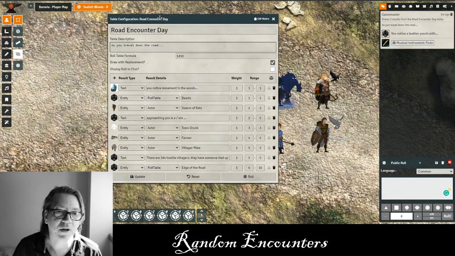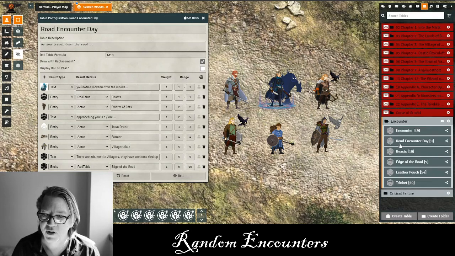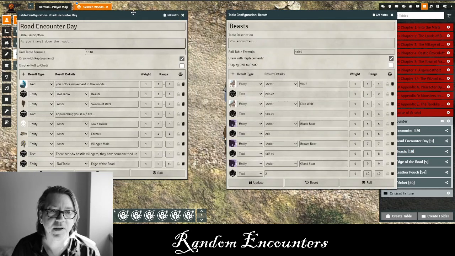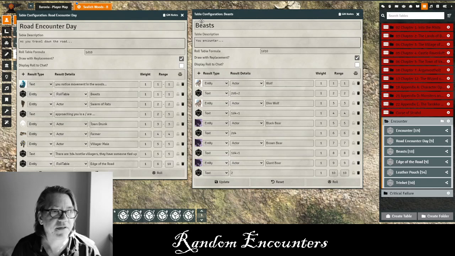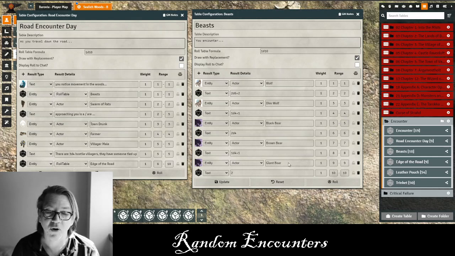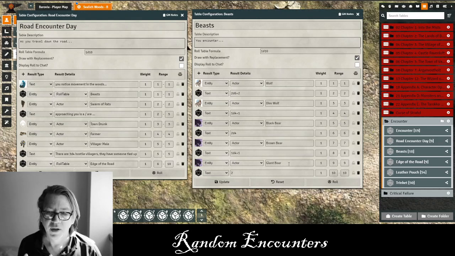Let's look at the first one, which is beasts. So you notice if I roll a 1, it's going to go to the roll table beasts. So let's bring up the roll table beasts, and I'll show you how that one works. What I've done with my roll table beast is, and this is a day encounter, I only want to have beasts in the woods. You notice movement in the woods and one of the following beasts: a wolf, a dire wolf, black bear, brown bear, or giant boar. So this roll table is only going to roll for beasts. It's a 1d10 roll,